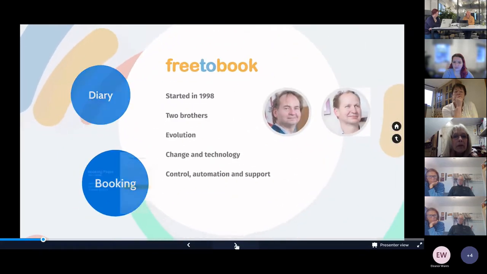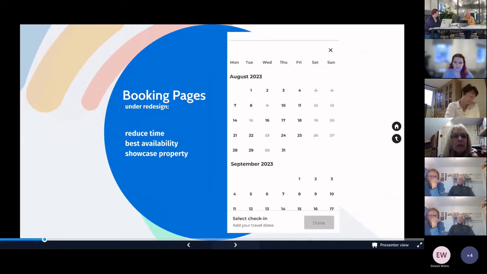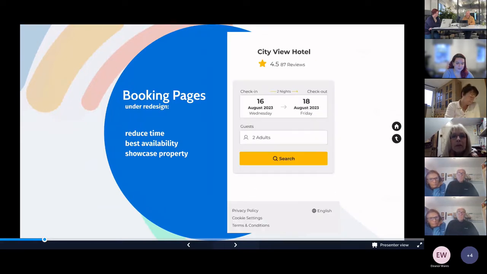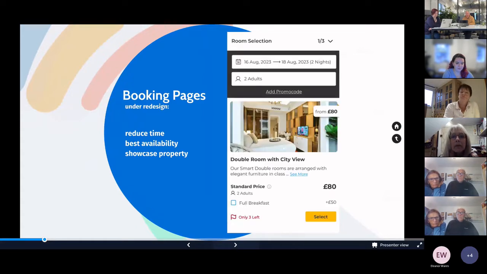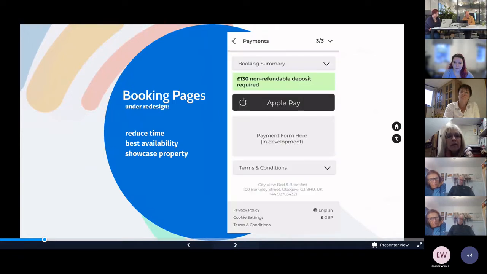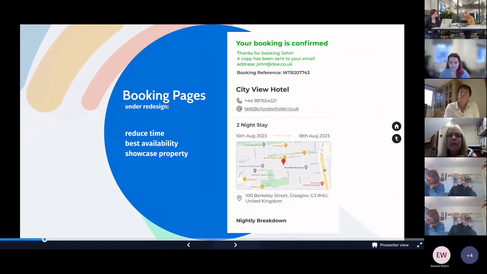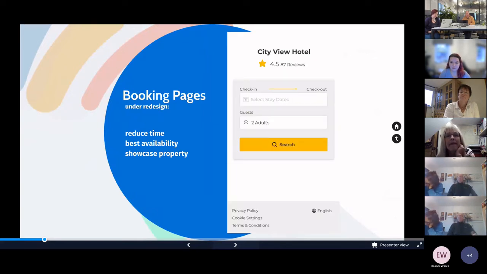I think the other thing that a lot of businesses are interested in is, what does it look like for my guest when they're booking? Our booking pages are currently undergoing an overhaul, and this shows the sort of work that we're doing and should be completed shortly. It's very mobile friendly, obviously, but the idea behind it is that we make sure it's very easy and clear for your guests to see what they need to do, and that it's intuitive and fast for them to complete.